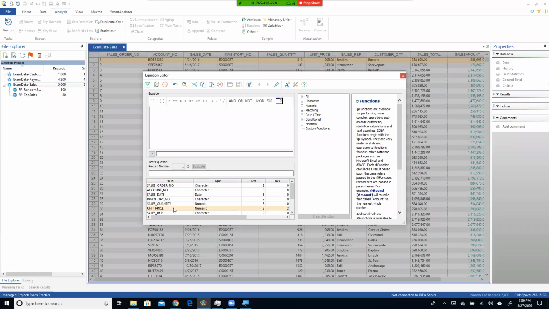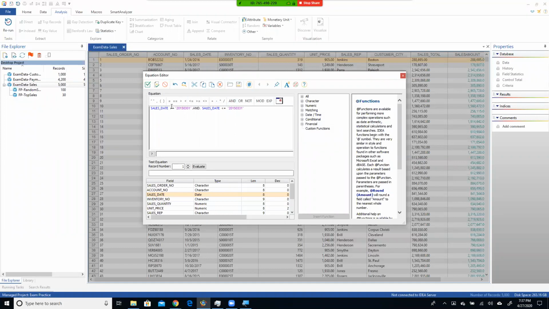and then you would say something to the effect of where sales date is greater than or equal to 2015-01-01. My suggestion is that you use the calendar so you see the format of the date, so you can then turn around and say, okay, I see how that is, and I made a mistake. It should have been 2015-03-01 to 2015-03-31. And the sales date, I got to do it again, and sales date is less than or equal to